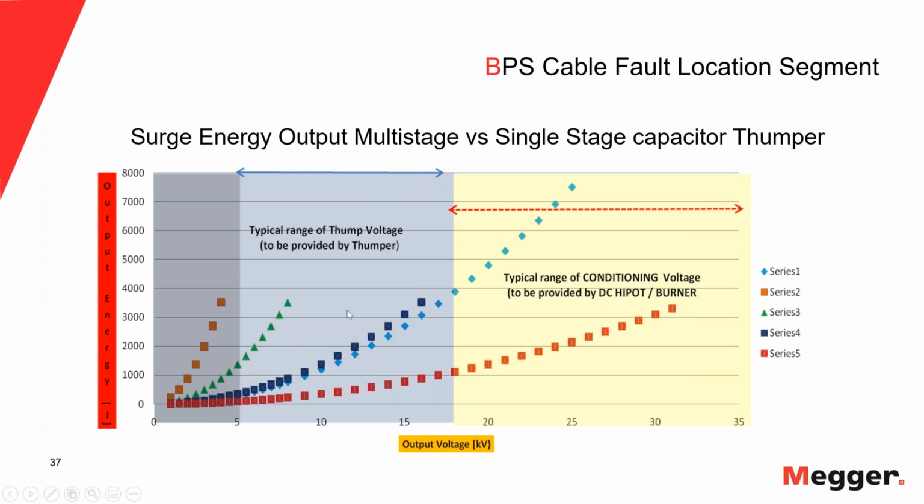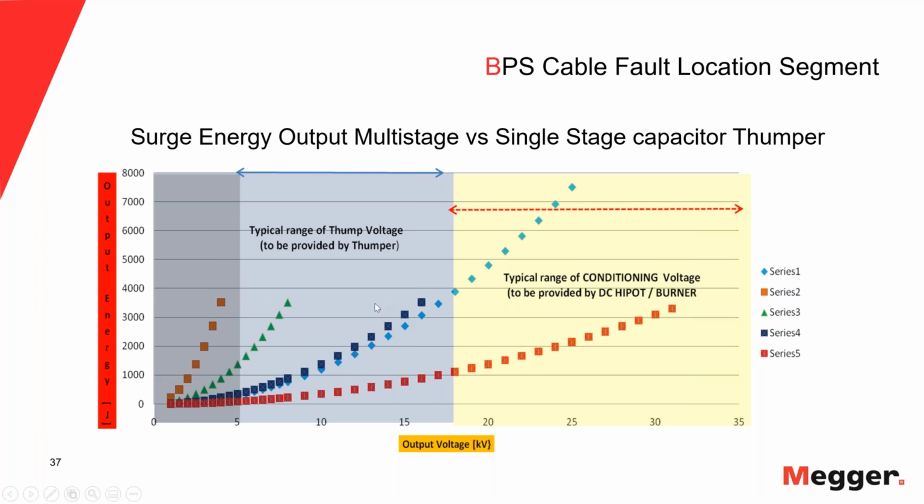using this method. And you can see if I go down in voltage to 10 kV, how many joules do I have left? Maybe 1,200 joules. So that's a far cry from the 7,500 joules that the nameplate says. 1,200 joules is much less, so much less noise than what I would get at 7,500. But I cannot use 7,500 because it will destroy my cable. So that's the old saying: the surgery was very successful, but the patient is dead now. So we don't want to do this with network cables.